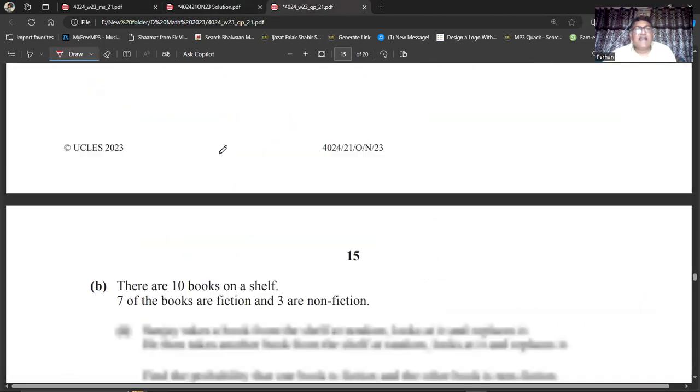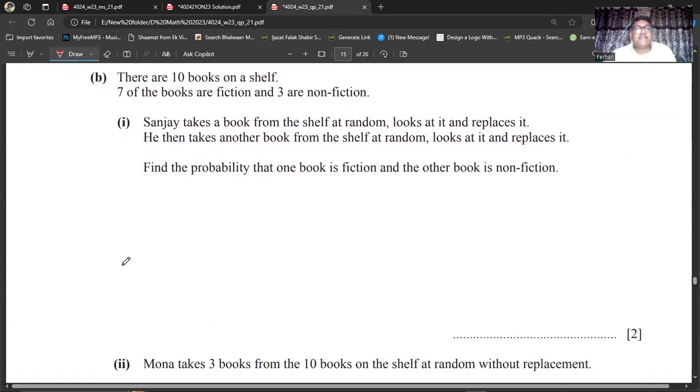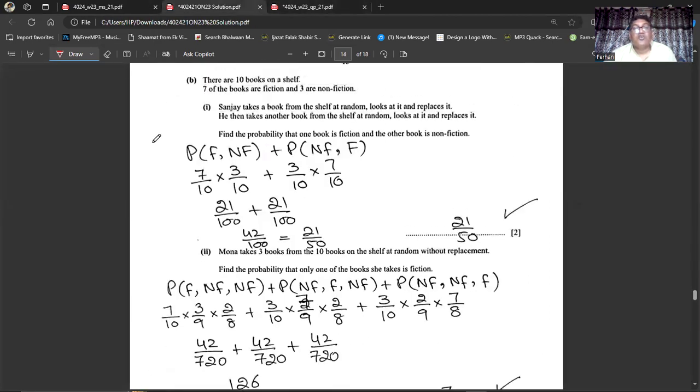Okay, then we have another question, and he says there are 10 books on a shelf. 7 of the books are fiction and 3 are non-fiction. So the question is, Sanjay takes a book from the shelf at random, looks at it and replaces it. He then takes another book from the shelf at random, looks at it and replaces it. Find the probability that one book is fiction and the other book is non-fiction. So it's very simple,